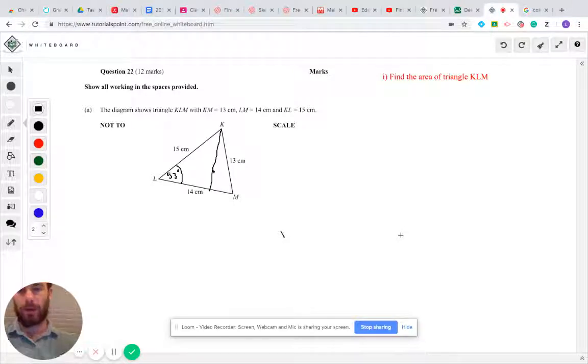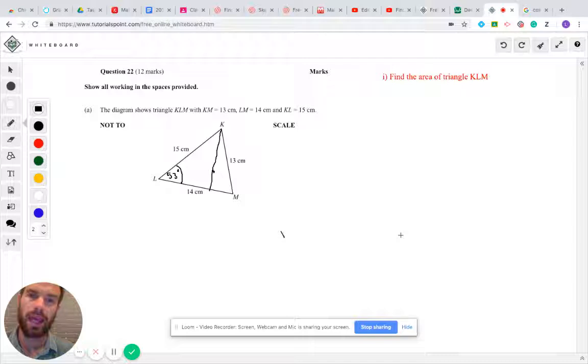G'day guys. I thought I'd just quickly finish off tonight by having a look at a random exam paper question. So this was found from the 2018 end of year exam. The mapping for this was 5.2,